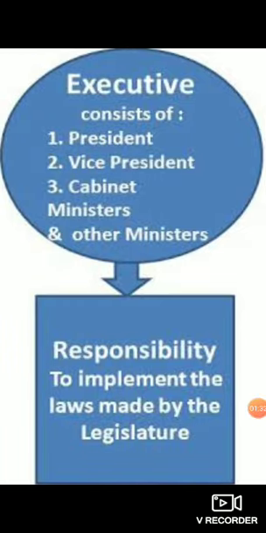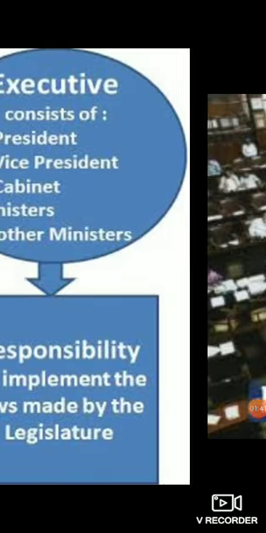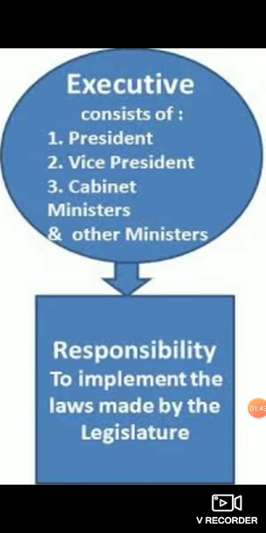Now, in the executive, what happens? Once these laws are made by the parliament, they need to be implemented, correct? You cannot just make laws and not follow them. So, who is going to look after the implementation? It is implemented by the executive, and it consists of the president, the vice president, the cabinet ministers, the prime minister, and all of these together make it a point to see that the laws are followed. This is their responsibility,